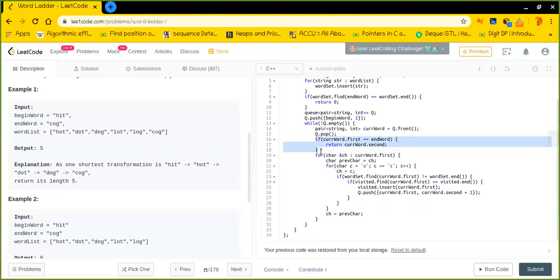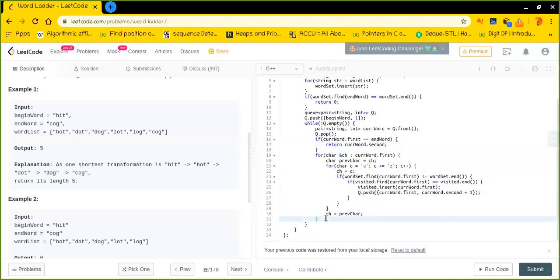The string that I'm pushing right here will appear as the target string, and I will then return the steps required to reach here.